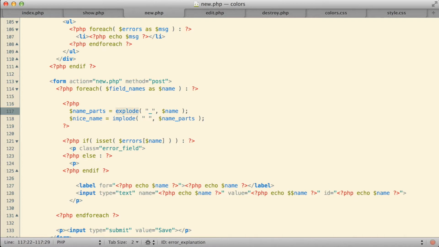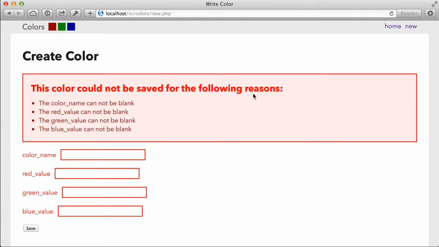Explode takes a string and turns it into an array. Implode takes an array and turns it back into a string again. With nicename then generated, let's give it a try and put that in for the label that the user will see. There we are. I'll drop in nicename and let's take a look in the browser and see if that does the trick. Here in the browser, if I refresh, there we are. My actual field name's now down here, the underscore is gone, and instead we just have a space there, which has cleaned them up and made them look quite a bit nicer.